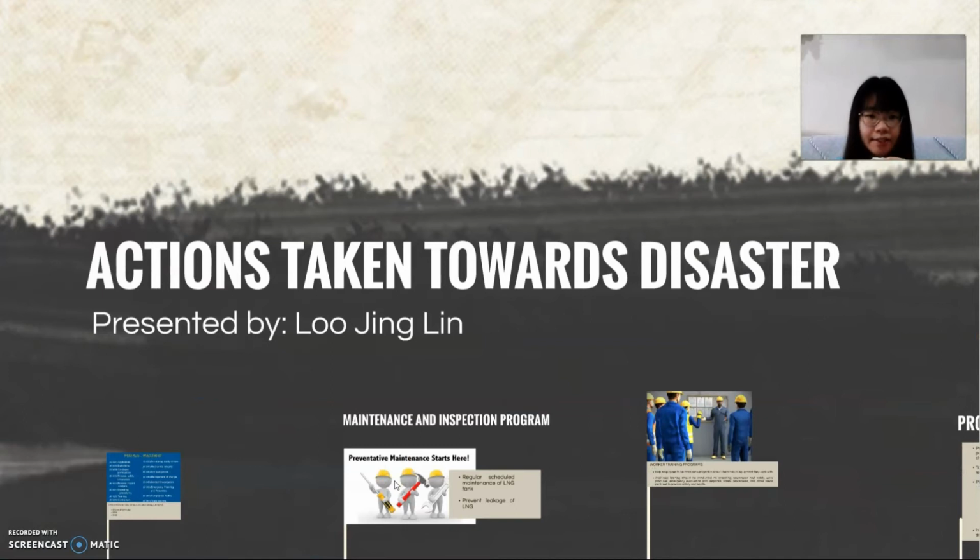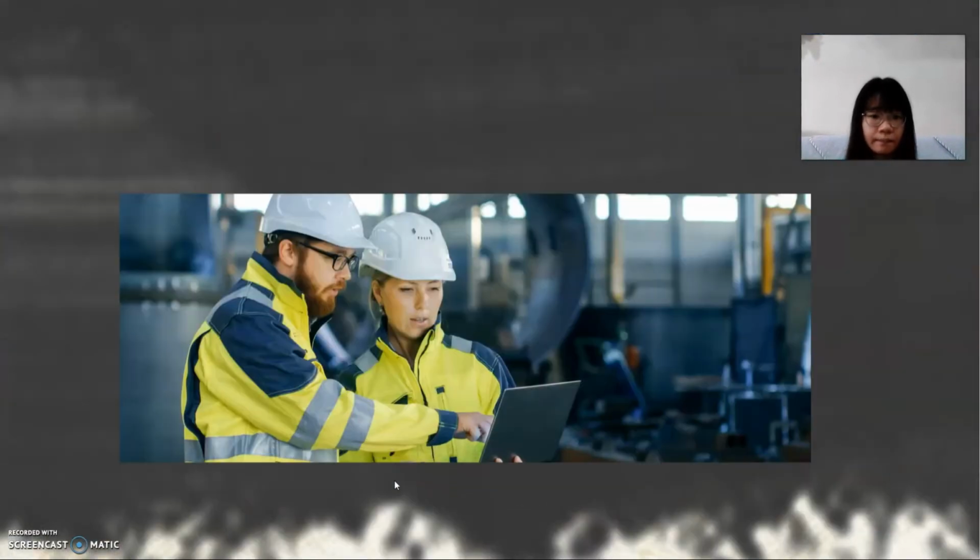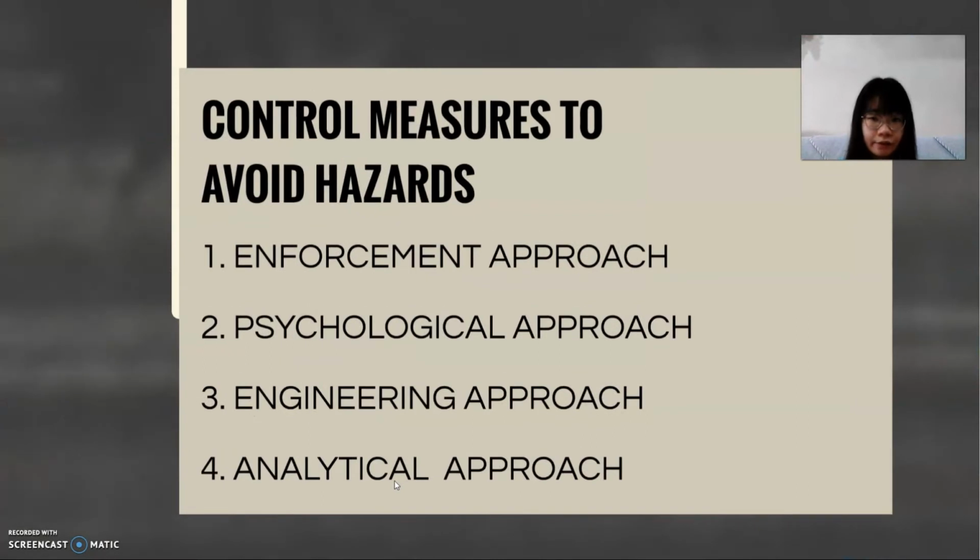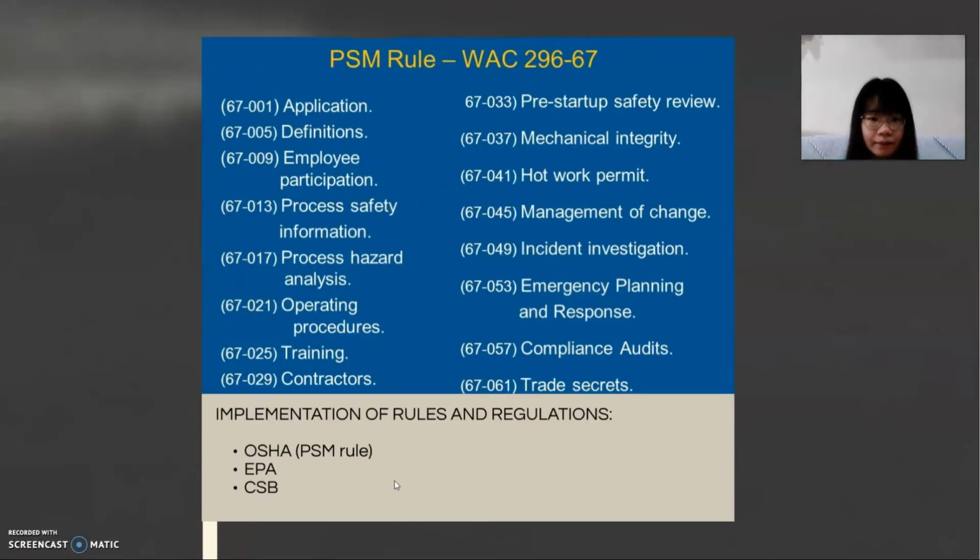There are some effective measures and actions taken after the East Ohio gas explosion in order to prevent recurrence of such incidents in the future. There are four control measures to avoid hazards: enforcement approach, psychological approach, engineering approach, and analytical approach. The implementation of rules and regulations is very important. For example, OSHA published the PSM rule, which is the Process Safety Management rule, and the EPA required the Risk Management Program regulation, and the CSB is in charge of